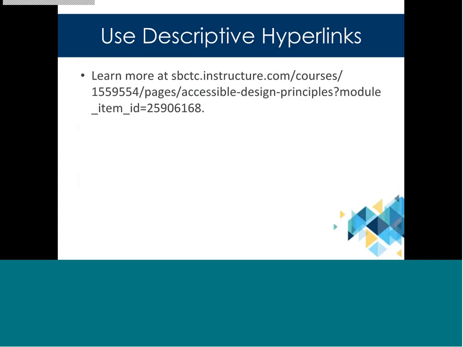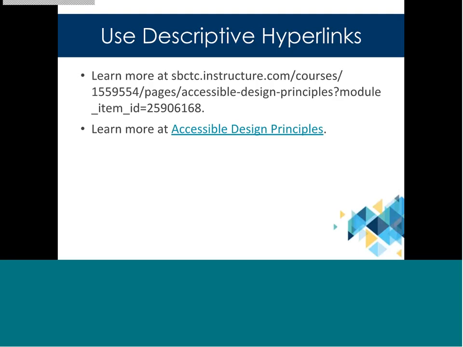So if they're using a screen reader, then they have to listen through all of that to understand where it is they're going to learn more. Instead, what you want to do is embed that hyperlink into descriptive text. And so this is oftentimes what it looks like, where it says learn more at Accessible Design Principles. Accessible Design Principles is a different color. Usually hyperlinks are bright blue, but because of the theme of the PowerPoint, this one's more teal, and it's also